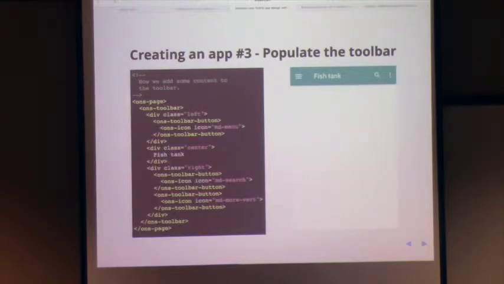And so this layout is done using Flexbox, and we try to adhere to the material design specification as much as we humanly can. So it will look very similar to an Android toolbar. So you have the left where you can put like the hamburger menu, and in the center, the div with class center, you put the title of your app, and on the right you can put some additional buttons. So if we go on to the next step,